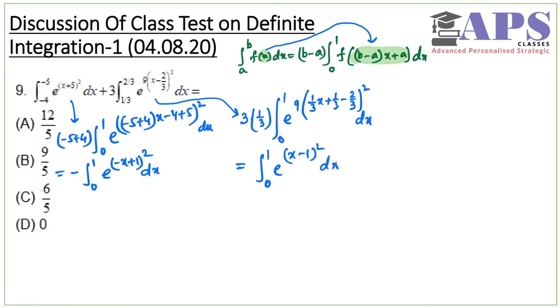So this is the second integration, and that was the first integration. Even if we see that there is an (x minus 1) whole square in the second integration, and there (1 minus x) whole square, they are the same thing. One is with plus, one is with minus, therefore if I add them it will be 0. So option D is correct here.